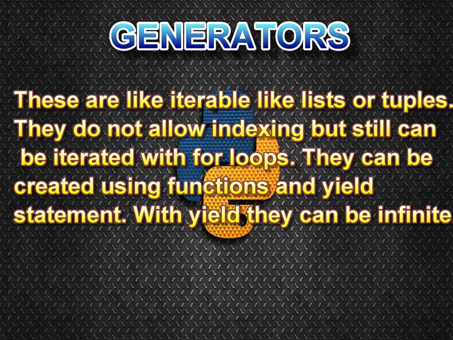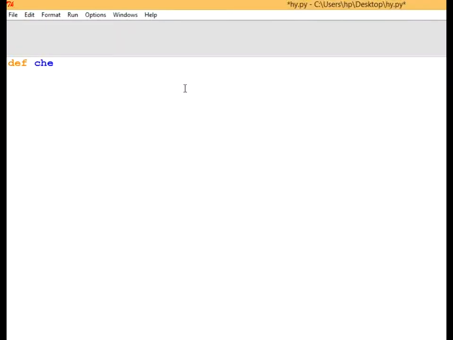So this can be executed with the help of a yield statement. So here we are using a yield statement to execute this function. Basically what will yield do? It will make the function infinite. Means we can use it iteratively. Let us understand this with the help of an example.